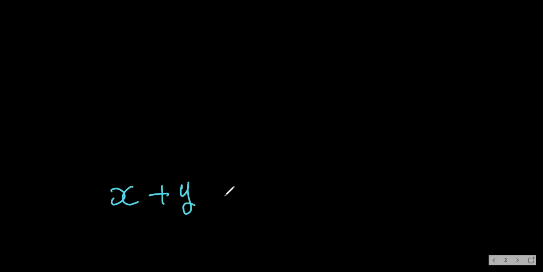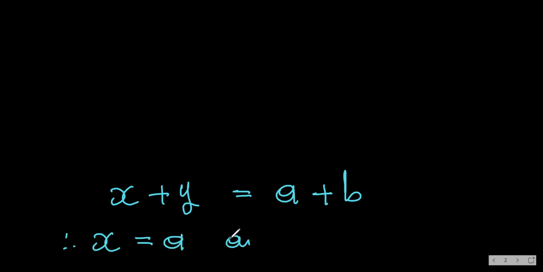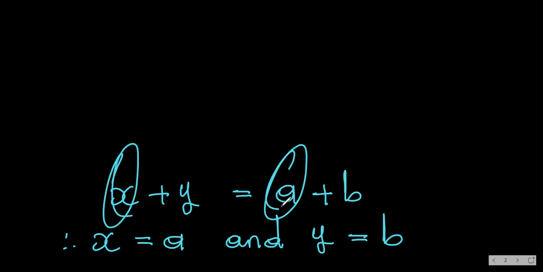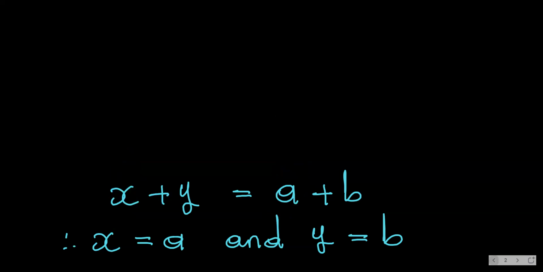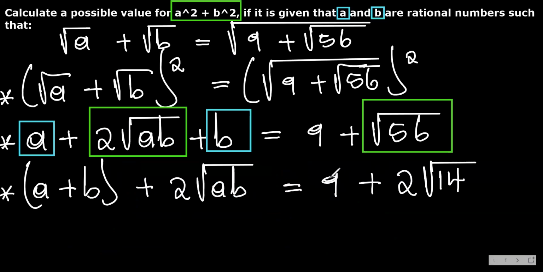In order for x plus y to be equal to a plus b, that's if and only if x is equal to a and y equals b. All right? That's what I'm saying to you. Those two expressions will be equal if their corresponding elements are equal to each other. So we are going to use a similar reasoning here